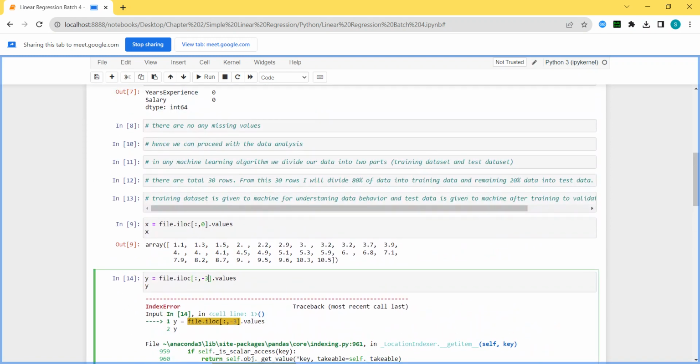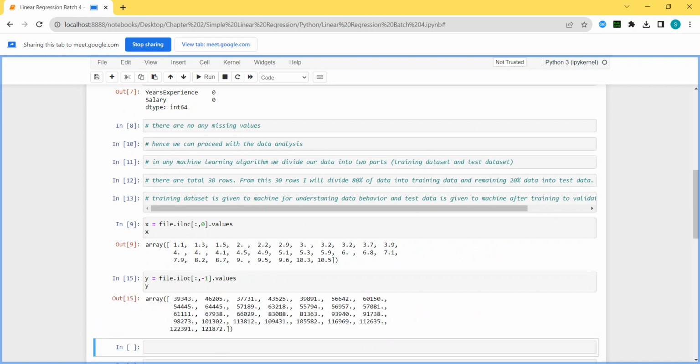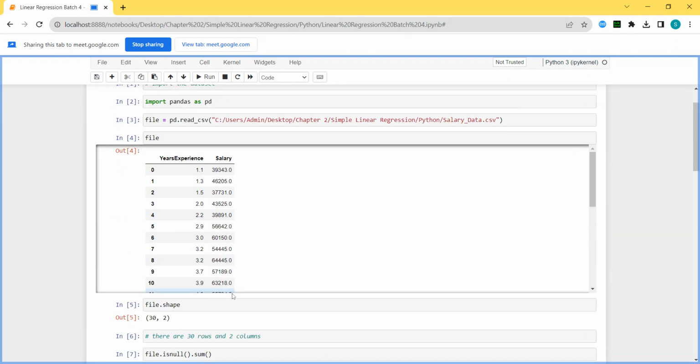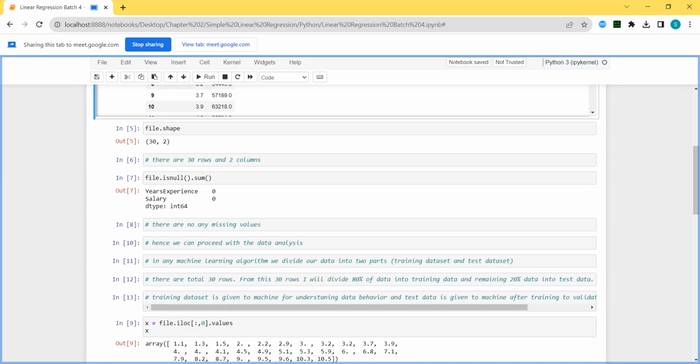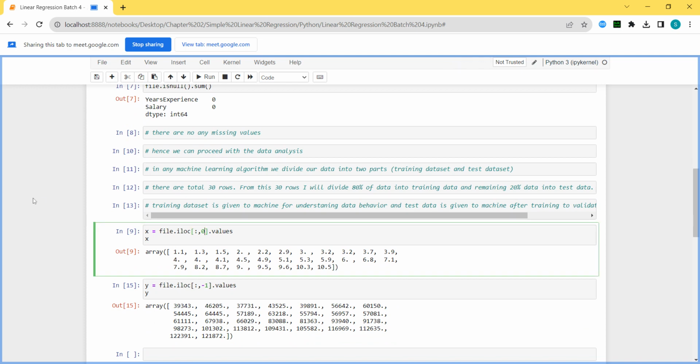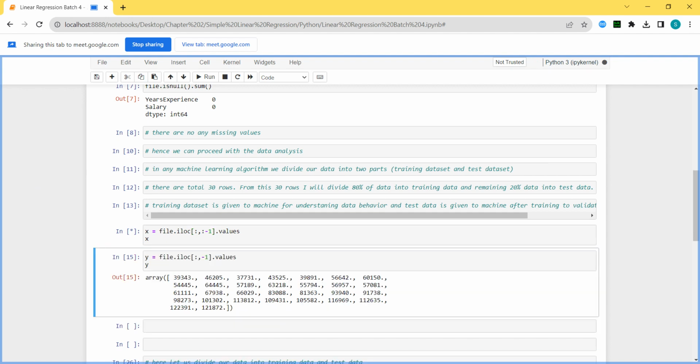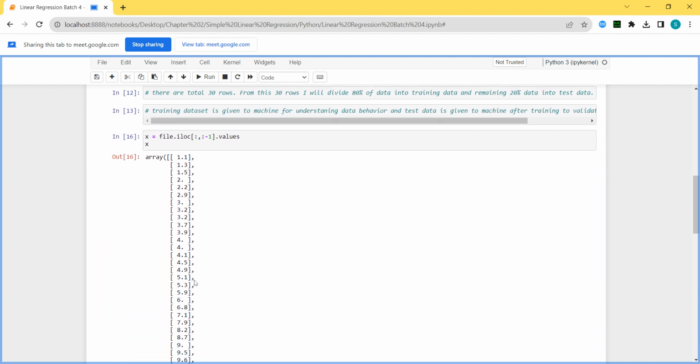Correct. So instead of writing 1, what I will write is -1. So -1 means what, sir? Last column, the first column from last. Simple. -1 means starting from the right hand side now. Similar thing: if I write here, instead of 0, a colon, then in X what will be stored? All the rows, all the columns. After the colon, if I mention -1, the meaning of this syntax is all the columns except the last one. So my array will be in the vertical format. No need to reshape.